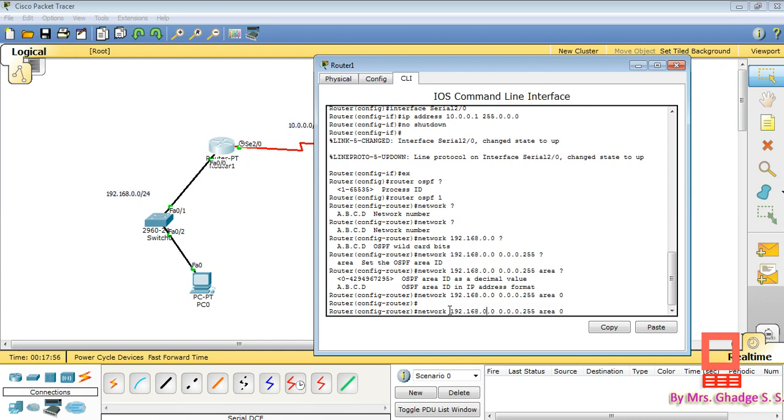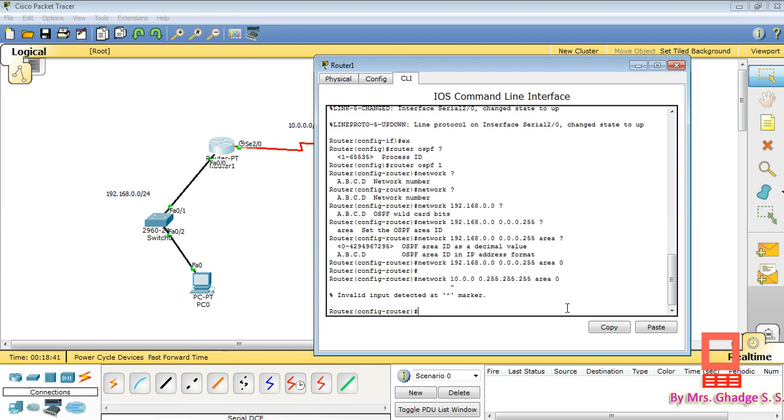That network is 10.0.0.0, so here we write 10.0.0.0. For the 10.0.0.0 network, the wildcard bits are 0.255.255.255, because its mask is 255.0.0.0. So its complement is this.